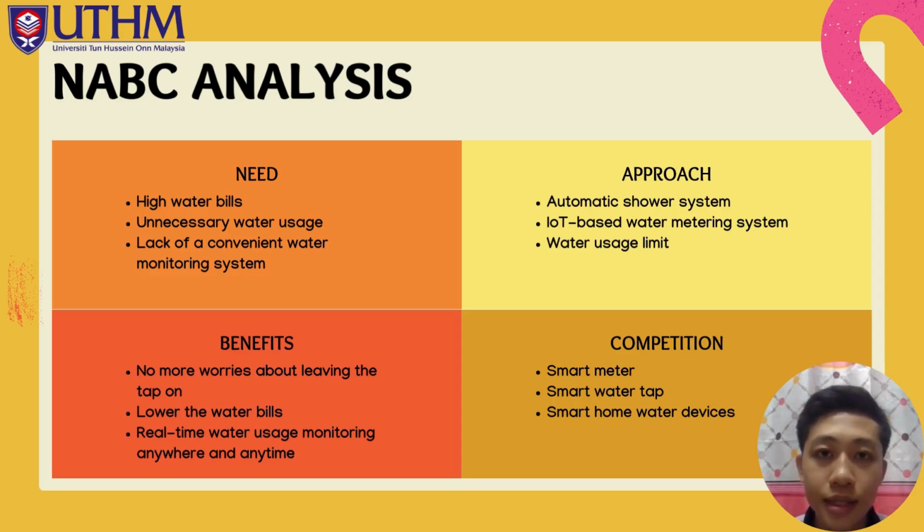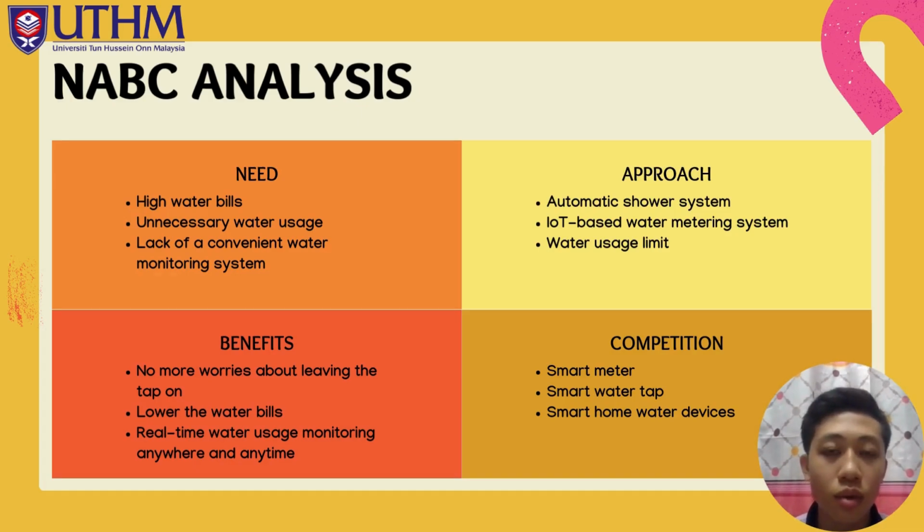So to approach this issue, our group proposed using an automatic shower system, which uses an ultrasonic sensor and a solenoid valve to detect the user and control the water pipe, shutting off and turning on the water pipe using the solenoid valve. The second is an IoT-based water metering system, which uses a flow meter to measure the